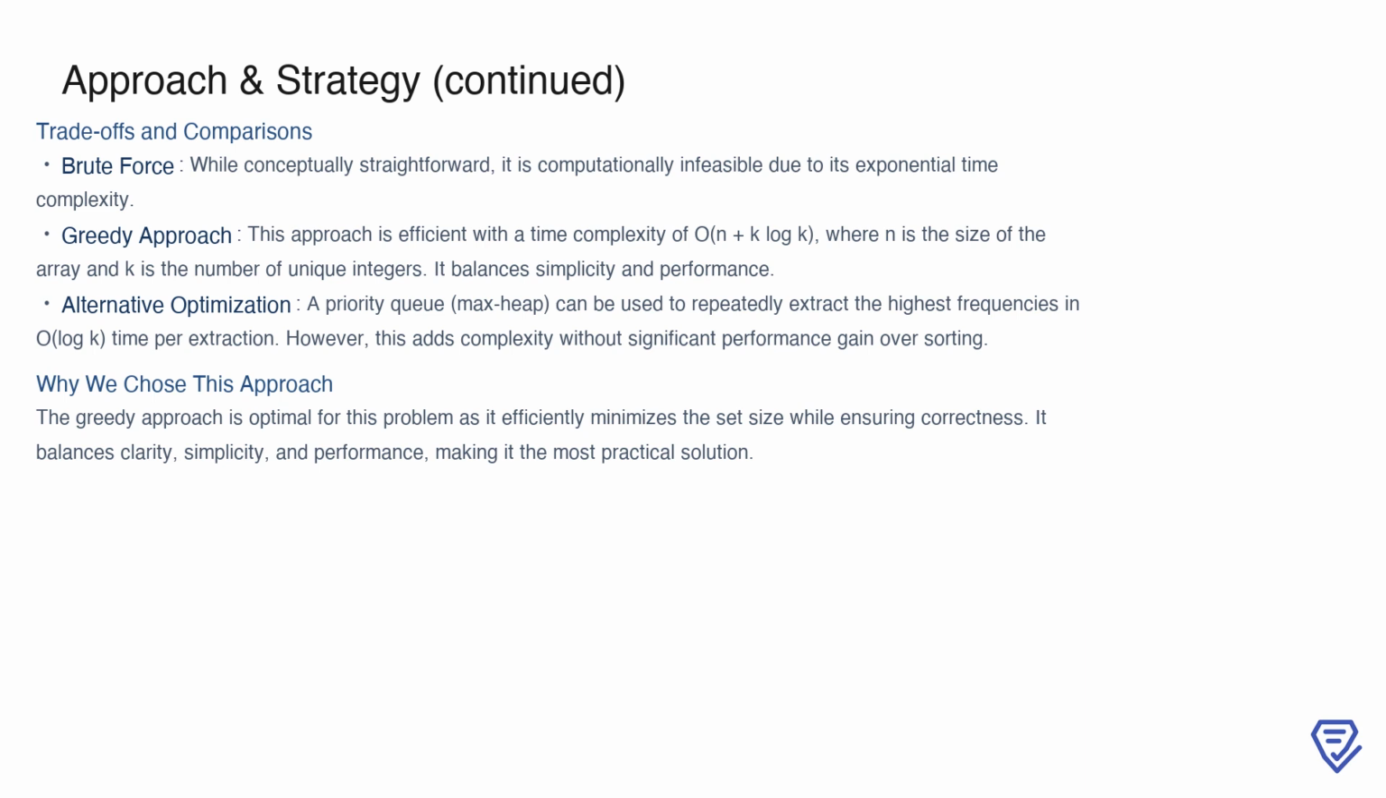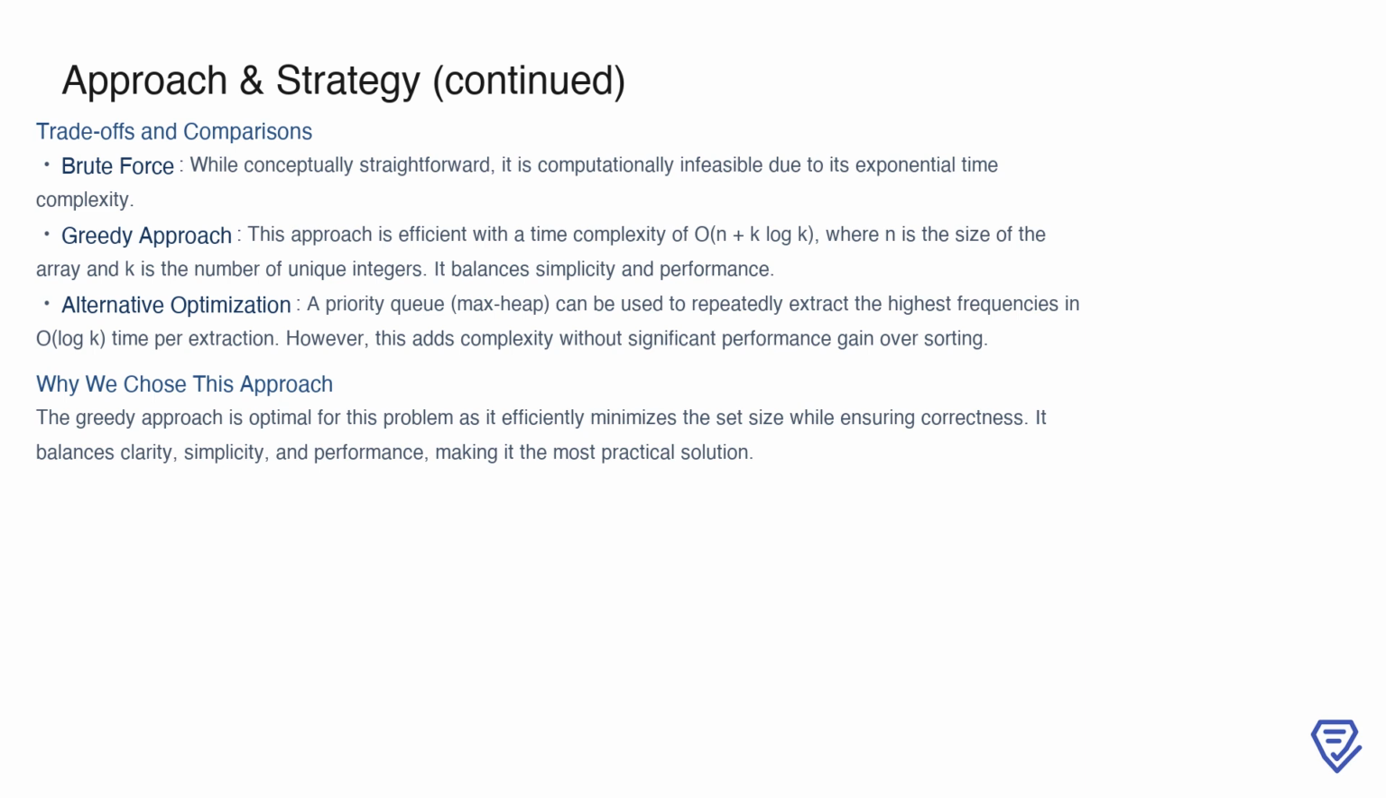An alternative optimization could involve using a priority queue, such as a max heap, to repeatedly extract the highest frequencies. While this reduces the sorting step to O(log k) per extraction, it adds unnecessary complexity without offering significant performance gains over the simpler sorting method. Ultimately, the greedy approach stands out as the optimal solution for this problem. It ensures correctness while maintaining clarity and efficiency, making it the most practical and elegant choice for reducing the array